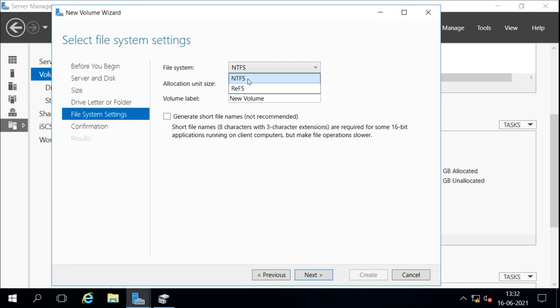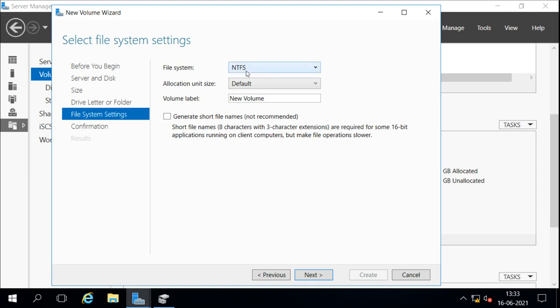We should always use NTFS or ReFS, but the FAT file system is not supported in server operating systems. So basically it supports only NTFS, or we can select ReFS.